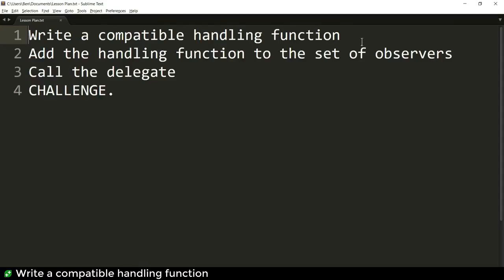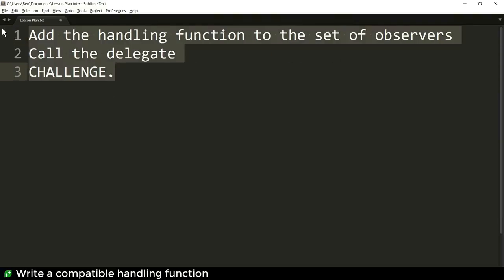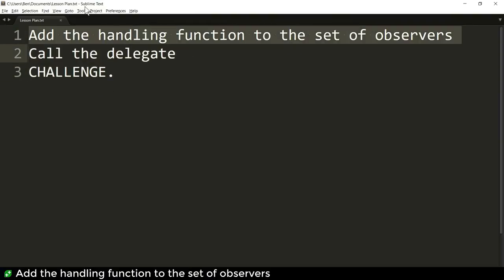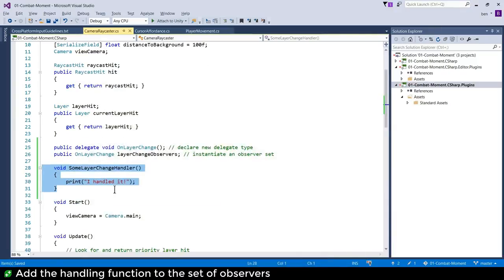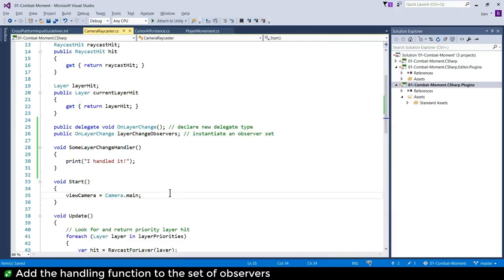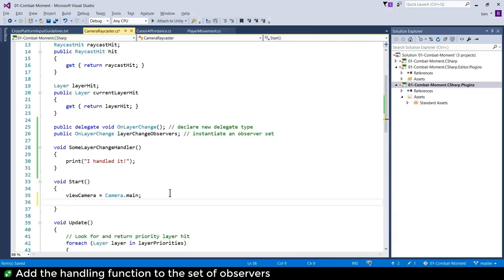So we have made the type, we have instantiated the event handler pool, the observer pool, and we've written a compatible handling function. This is the bit that ties it together. We now need to add the handling function to the set of observers. So in Start, we need to do something like this. We need to say layerChangeObservers plus equals, so whatever layerChangeObservers started as, which is nothing, we're going to add to it, and it's a set of observers, a new thing, which is, now watch this,